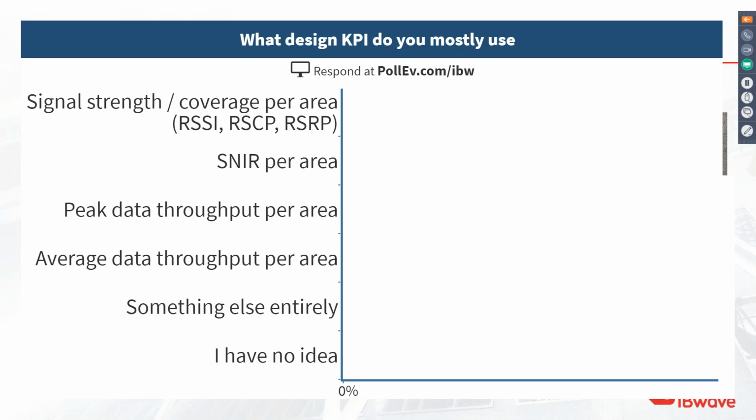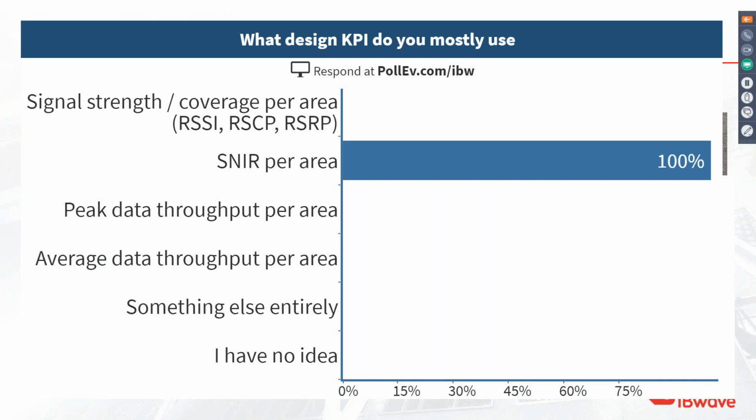So you can just refresh the link, or I think if it's open, you'll see the new question anyway. And here, I'm curious to know, what design KPIs do you mostly use? You can just click on your answer, so we'll see in real time what the people are mostly